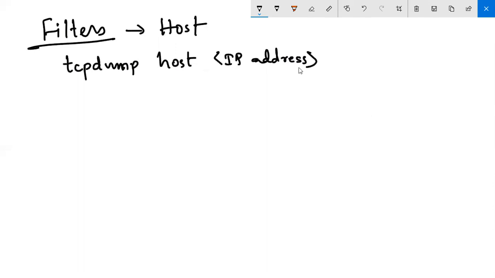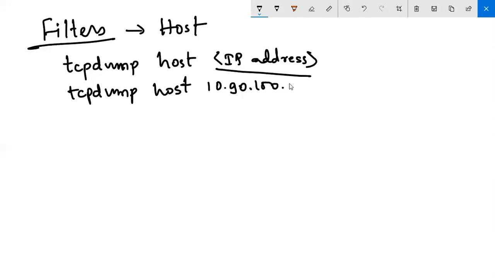This will capture all the packets that are traveling to this IP address or from this IP address. So for example, I would type tcpdump host 10.90.100.1,